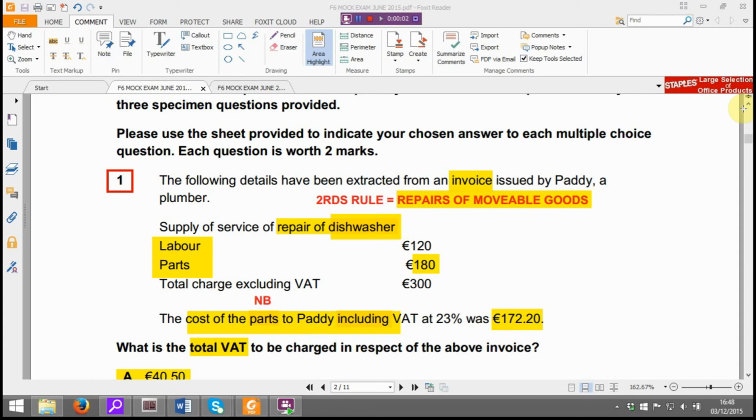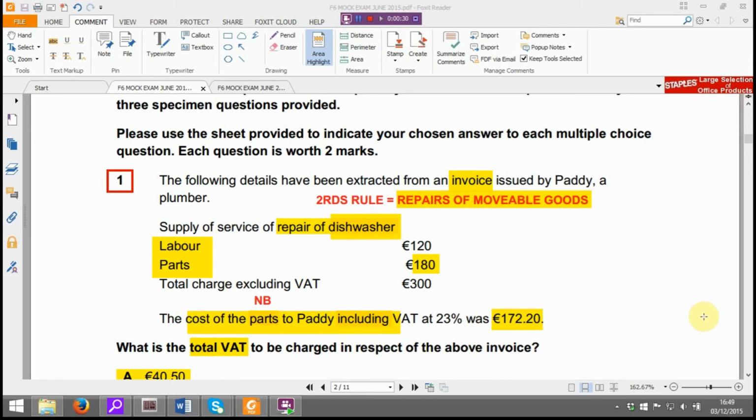Hi everyone, this is a short screencast covering Section A for the mock exam for F6 Taxation Accountancy School for December 2015. What I'm going to do within this screencast is just run you through questions 1 to 15 in Section A and indeed the answers, and just try to give you a feel for where the problem areas are, perhaps where you may have fallen down, and perhaps the areas that are likely to come up in the